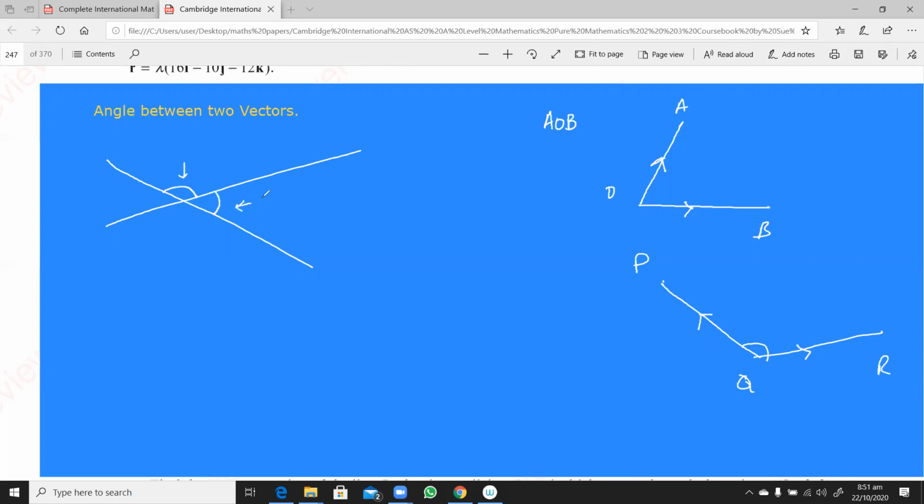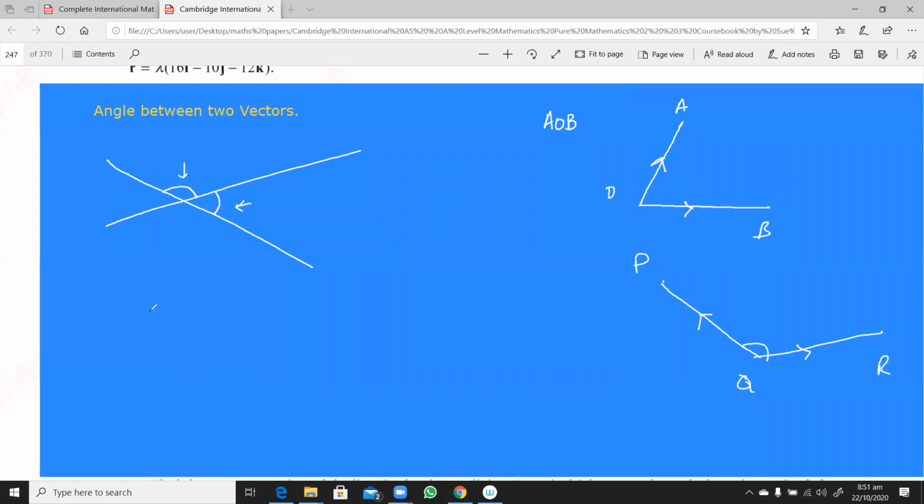Now, when you're finding this angle, we are not clear to which direction these vectors are going, okay? Now, suppose you have to find the obtuse angle between these two lines, and your calculation is giving you an acute angle. So after finding that angle, you will subtract it from 180 to give the required angle, okay? And if you have to give the acute angle and your working is giving you an obtuse angle, you will accordingly find the supplement of this angle, okay?